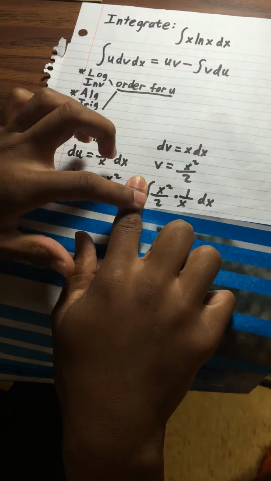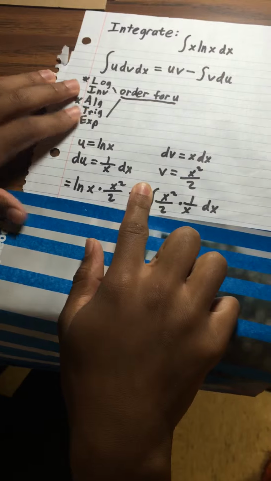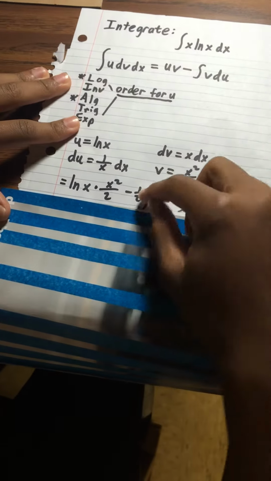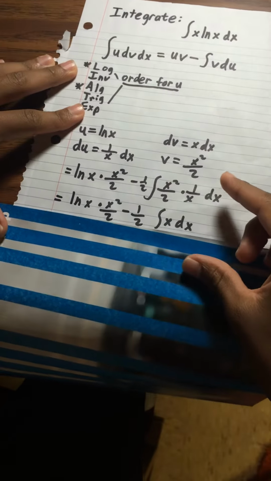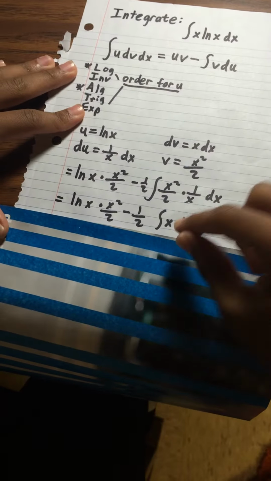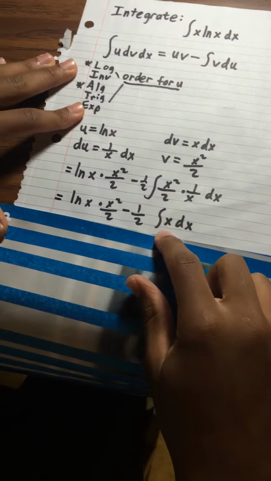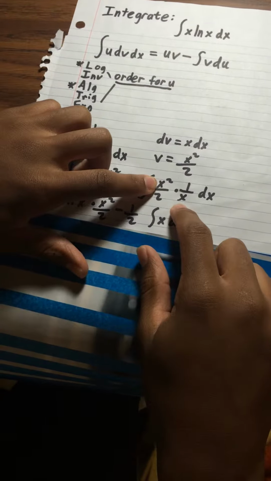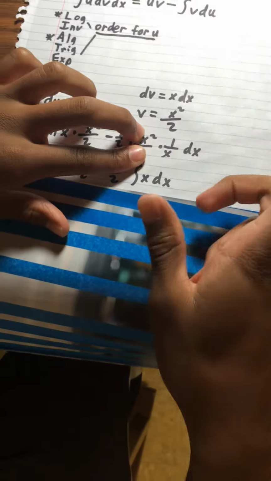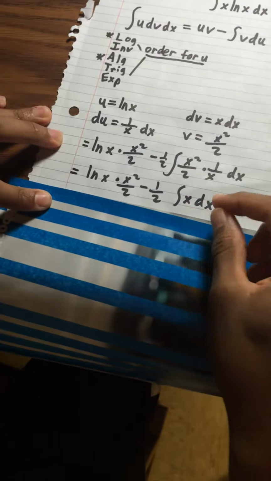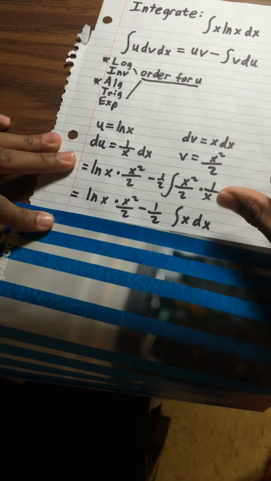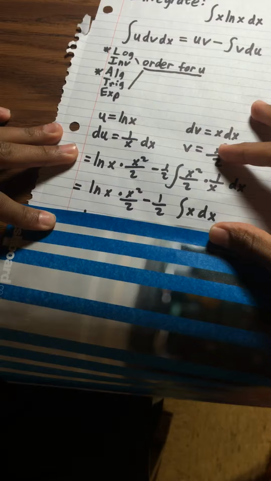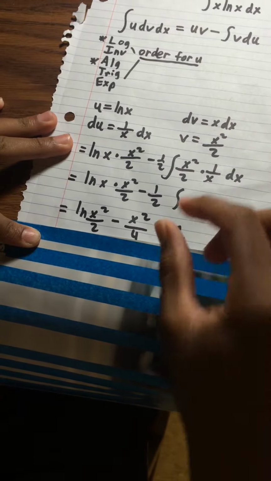And since we have this x squared over 2, what I like to do is whenever I have a constant I can take out, I take it out, so I took out the 1/2 there. Then in the next step I rewrote it, so everything's the same except I wrote this as x, and since the 2's gone, you have x squared over x, and that cancels out to just x. So that's how we got x dx here. And now you're just going to take the integral of x dx and simplify, and you'll be done. So the integral